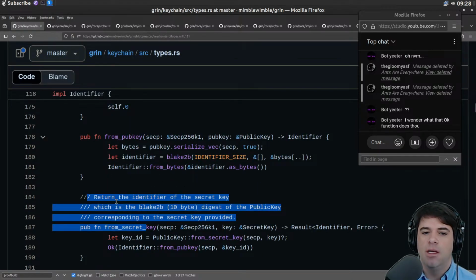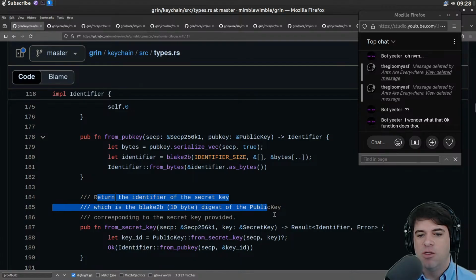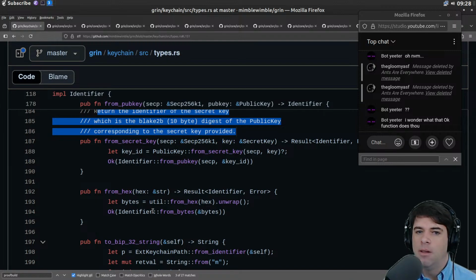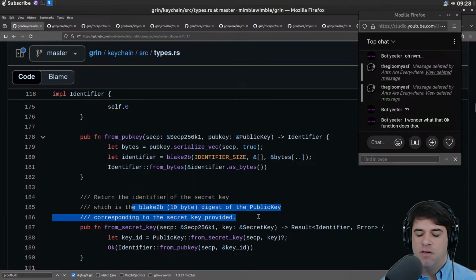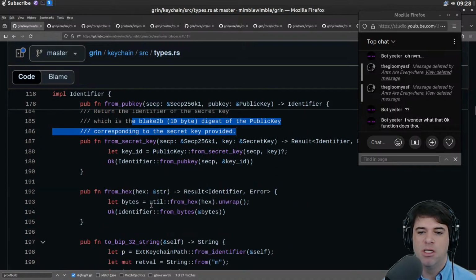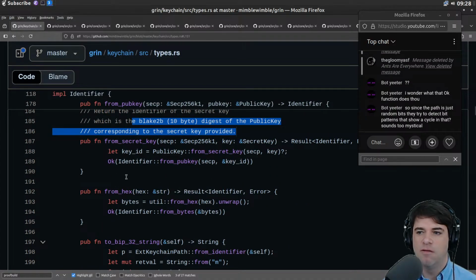We have a secret key. Return the identifier of the secret key, which is Blake B, a 10-byte digest of the public key corresponding to the secret key provided. Okay, so the identifier of the secret key is a hash of the secret key. I hope that's not public. You do want it to be deterministically determined by the key. That's good. You probably want something else mixed in there so that it doesn't potentially leak information about the private